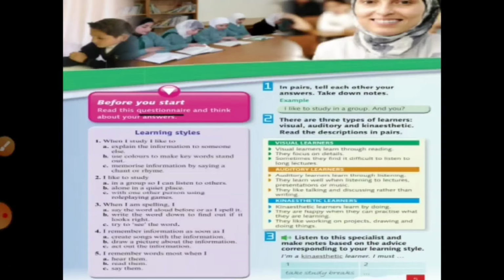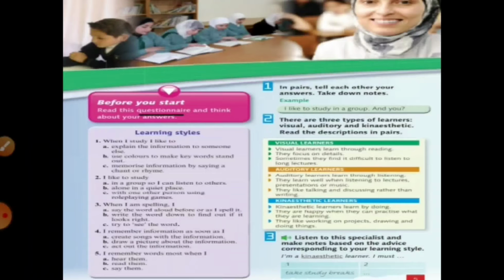Okay, so before we start, read the questionnaire. And then here we have a questionnaire. You should read this questionnaire استبيان and think about your answers. طبعا this is a questionnaire. يعني we don't have right answers or wrong answers. ما عندنا إجابات صحيحة وخاطئة. Okay, all of the answers are what? Correct عادة. But you should choose the answer that represents you. تختار الإجابة يلي بتمثلكم كطلاب.